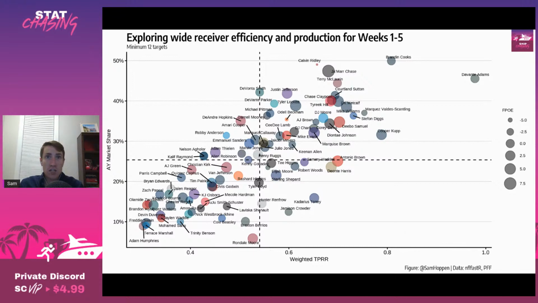He's averaging 10 targets per game, 100 air yards per game for a 29% target share and a 36% air yard share. What's probably most impressive because of how many air yards he is averaging is that he's got a 0.87 RACR, which again, that's an efficiency metric. He is just blowing that out of the water right now. His 0.67 weighted targets per route run leads the team, obviously, and as does his 93% routes run rate. He's also averaging just over 18 expected points per game.